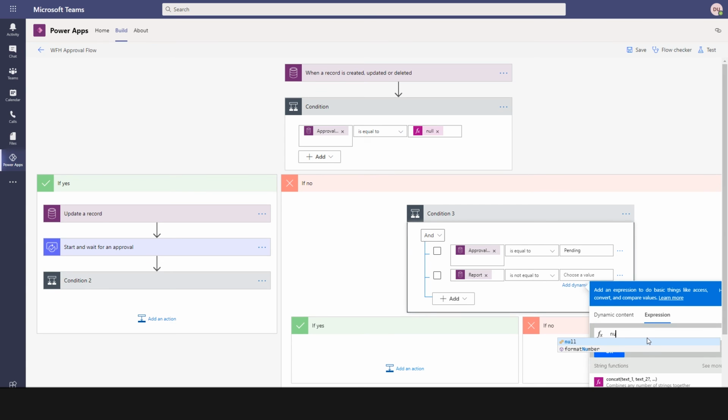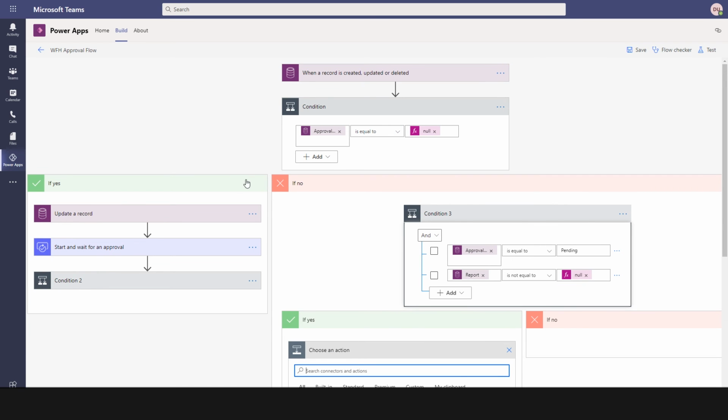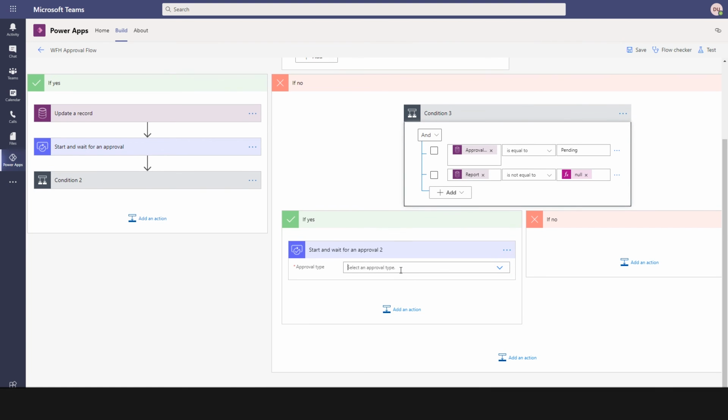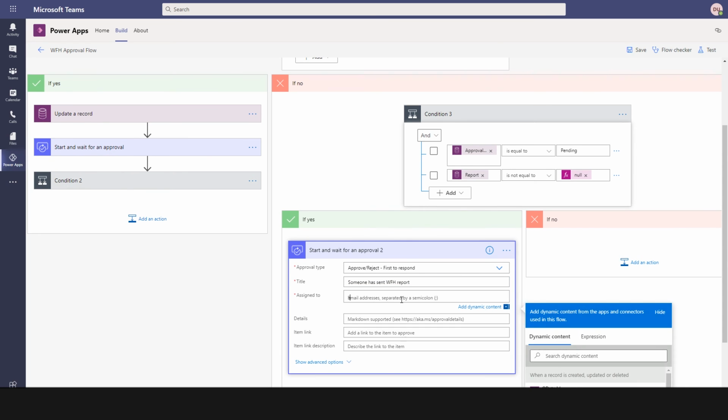So okay, so now I'll have another approval flow, which is first to respond, and someone has wfh report, and now it is assigned to me,